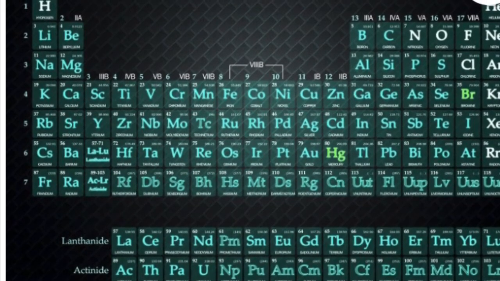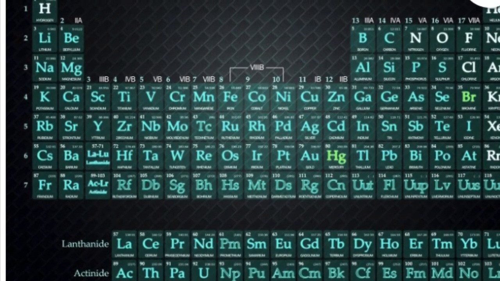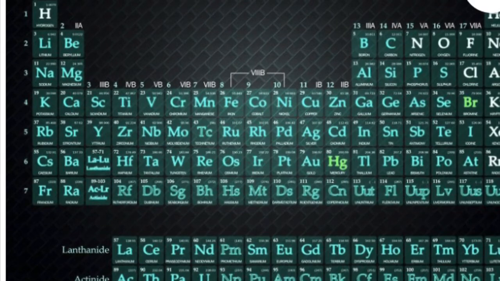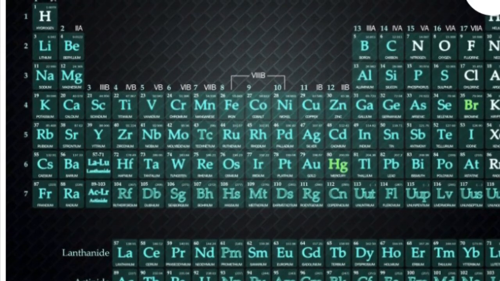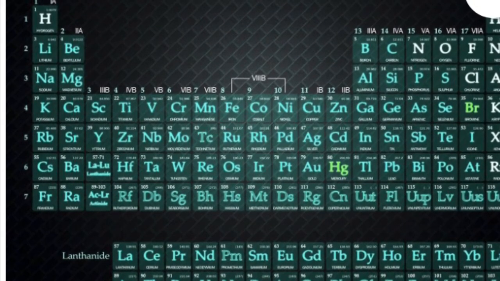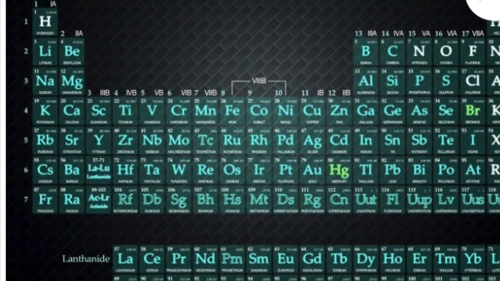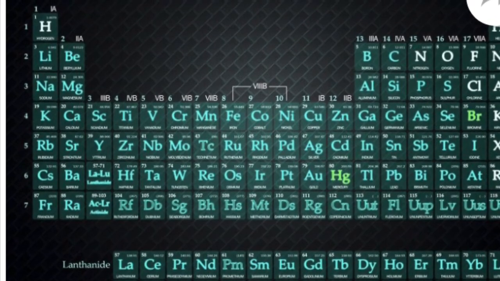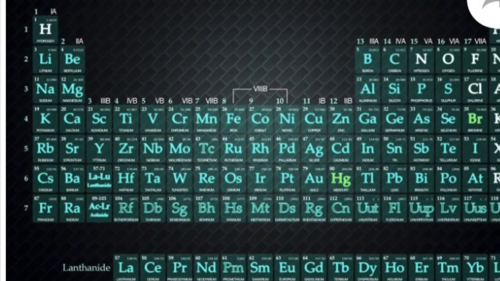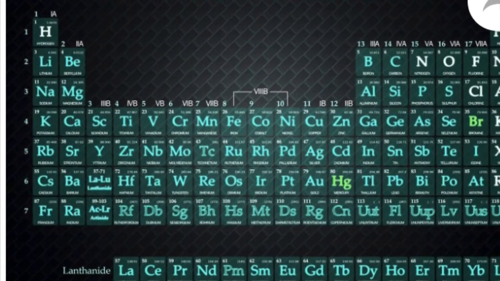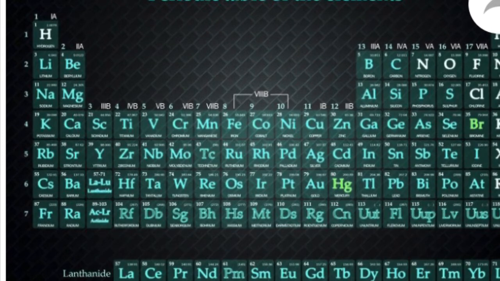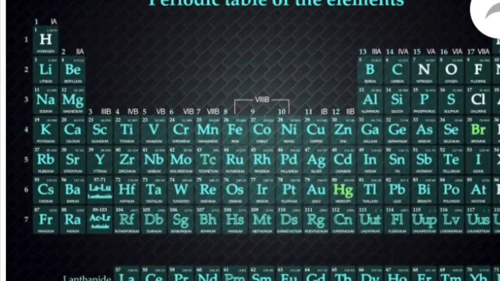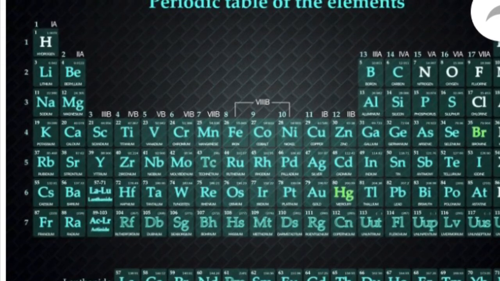In today's video I will be dealing with the most important as well as the most interesting topic in the periodic table. As you all know, the periodic table consists of 7 periods as well as 18 groups. Let us see how to determine these periods as well as the groups in the periodic table in the trickiest form. It's quite difficult for us to find the period as well as the group. Let us move on to the topic.